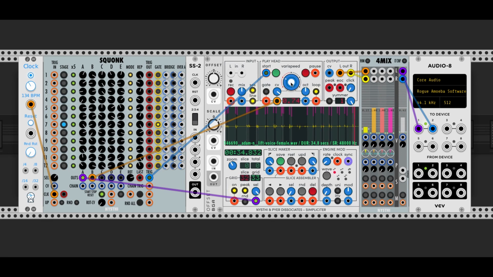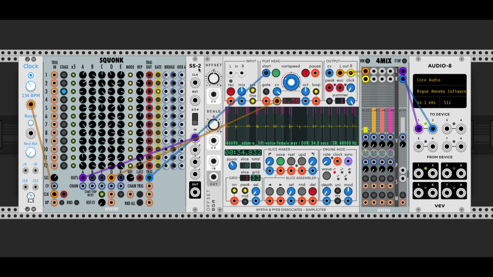And then, let's actually use column D, which is column D and E are -5 to +5 because of this +5 or ×5 multiplier. So let's move that to D, and let's use A, B, and C columns in Squonk to change the sample so we don't have this repetitive 12-step sequence only. So what you can do is take this off here, off the select, pass it to the